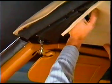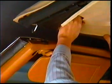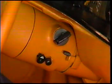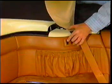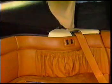Release both front latches and lift the header off the windshield. Then close the latches again. With the ignition key in the on position, press the top button on the left side of the rear compartment to release the top rear bow. Lift the bow up to a vertical position. Press the tonneau button to unlatch the cover